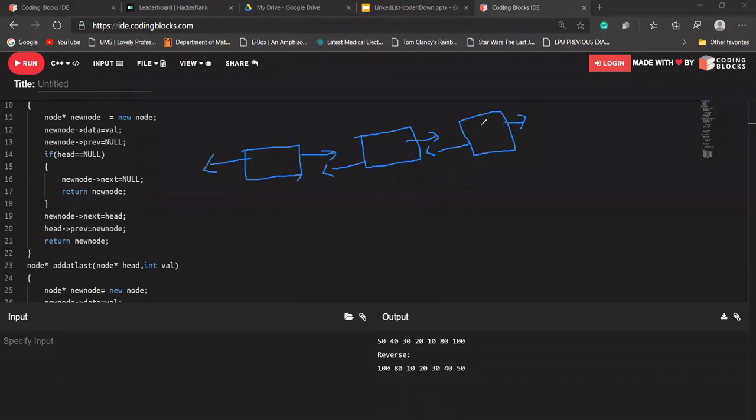So what Shrey is saying: suppose the head is pointing to this node, and we want to add something to our last node. What we are doing each time is iterating through this complete loop, and it is taking linear time. Instead of that, let's keep track of this last node, so that if we want to add something to our last node, we can directly add to its next pointer. We can directly add a new node, and the new node's previous should directly point to our last node, and we should update this to be our last node.